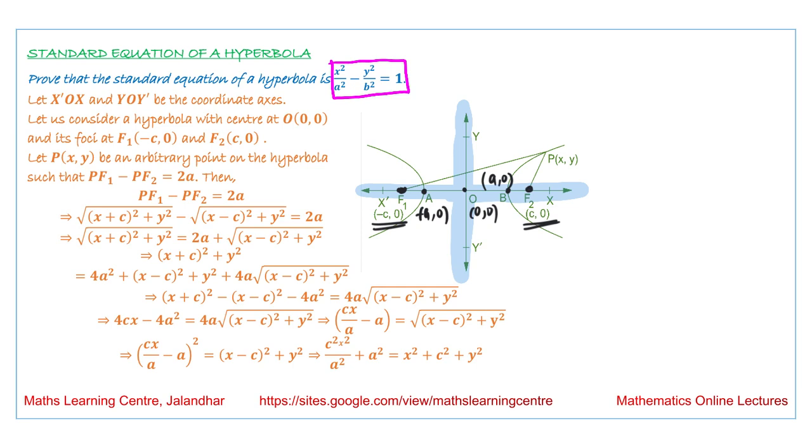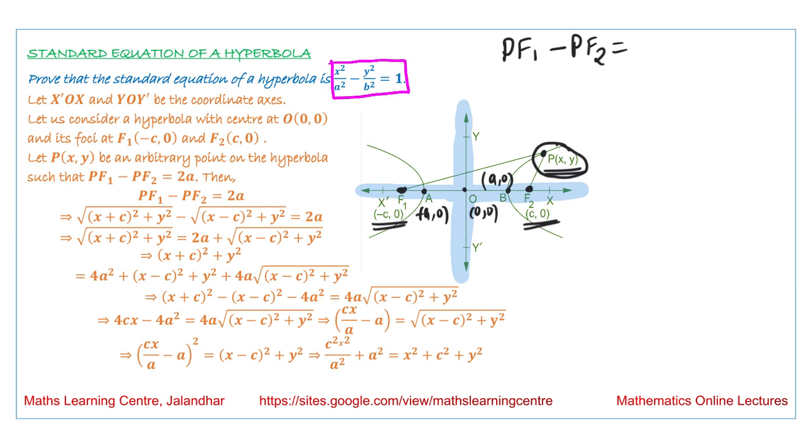We are talking about any point P(x, y). We want to find the locus of the points. We know that the difference of the distances of this point P(x, y) from the foci should be a constant. So we are writing that PF1 minus PF2 should be equal to